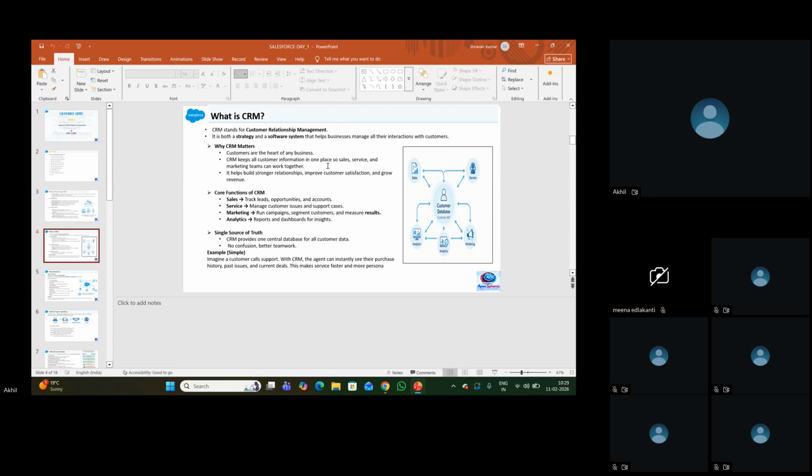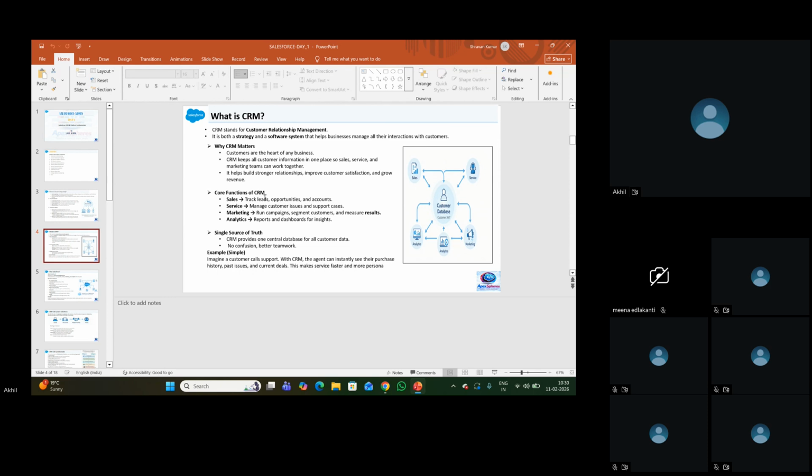We maintain the end-to-end relation with that customer, like maintaining the customer data, their policy timeline, their policy expirations, and their policy start dates. We can do all those things with the help of CRM. It's about how we make and bond the relation with the customer. That's what CX does: builds stronger relationships, improves customer satisfaction, and grows revenue.